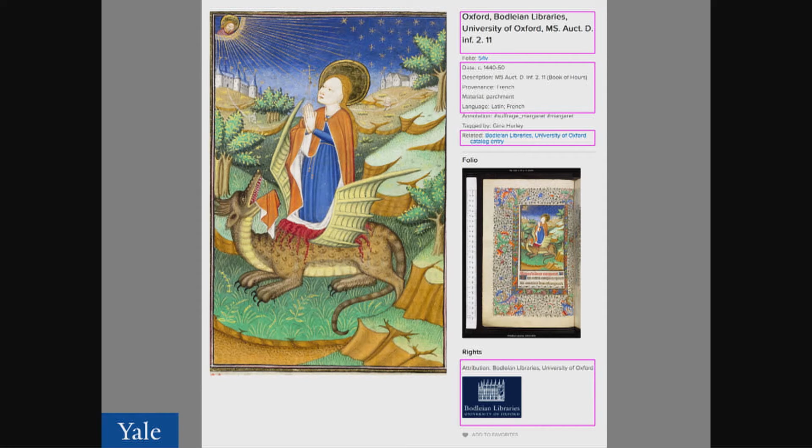One is this idea, I think, about control. You're making available your images for reuse. You're making available your metadata. In a way, it might feel like you're giving up some control. What are people going to do with this? But on the other hand, because you're giving it out using these APIs that are standard, it's very easy for a user interface designer to pick up what you would want to have displayed, which is probably your metadata, your attribution, institutional logo, and so forth, and get that up on the screen without much effort.